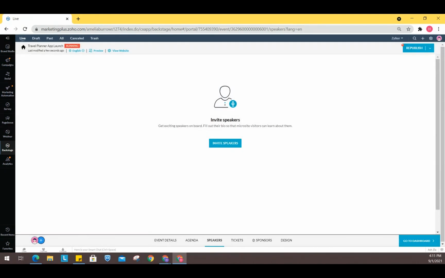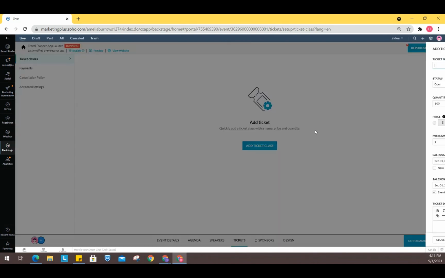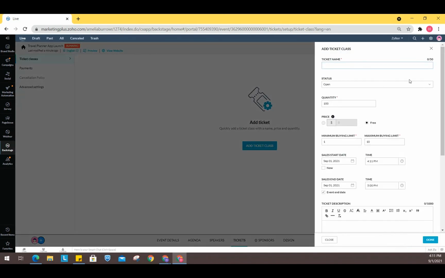And we also have the ticket section. In here, you can configure different types of ticket classes for the event. You can add a ticket class here and just add the ticket name. And you can just go ahead with that.